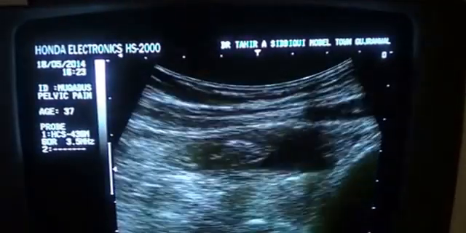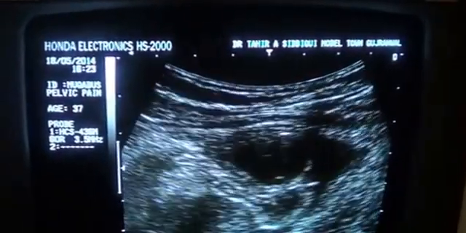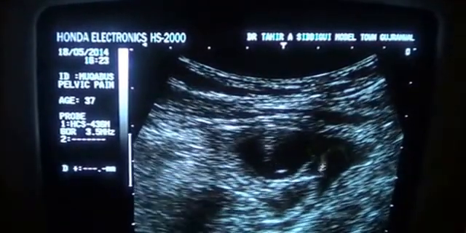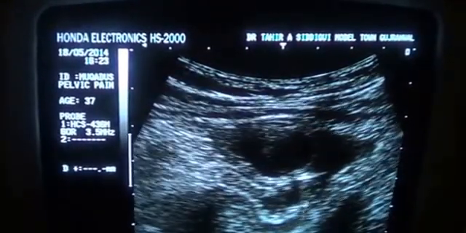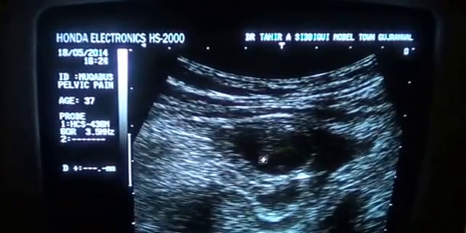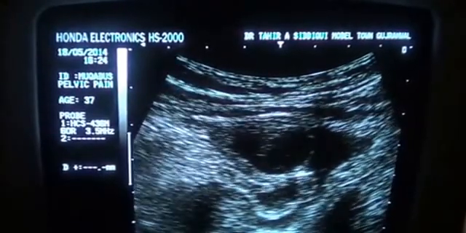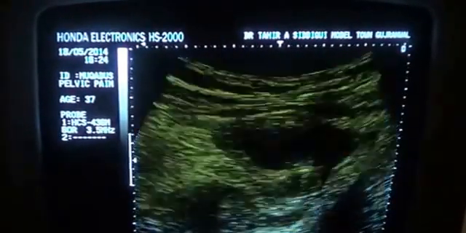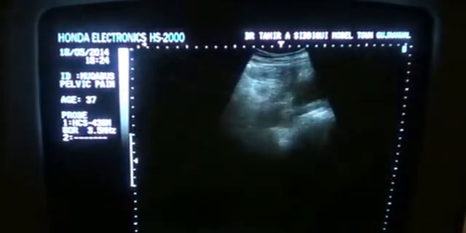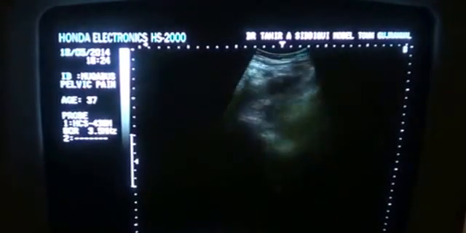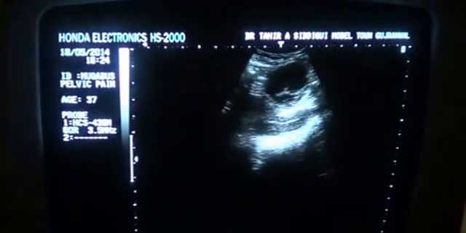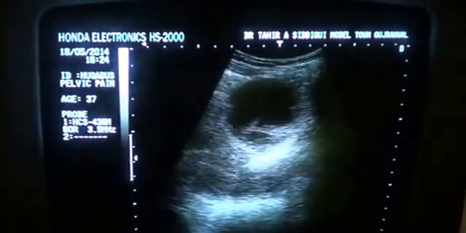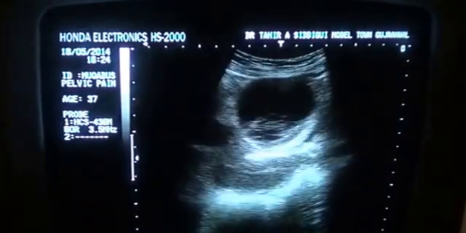In the magnified view, you will be able to appreciate it in a better way. Now this is all fluid. This is fluid in the dependent region of the peritoneal cavity. These are the bowels, and when I move the probe towards the uterus and try to align the uterus with the vagina, what comes in front of us is